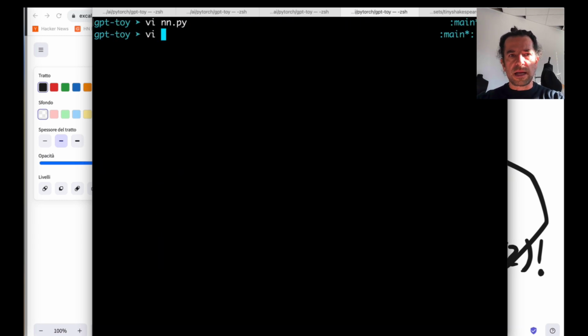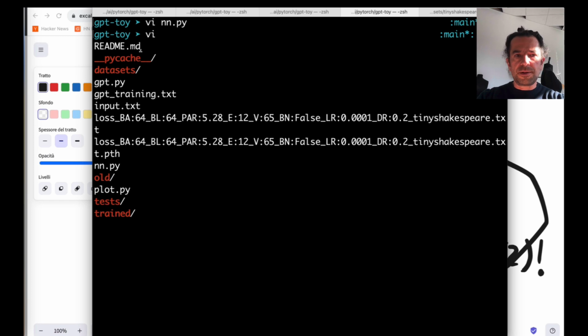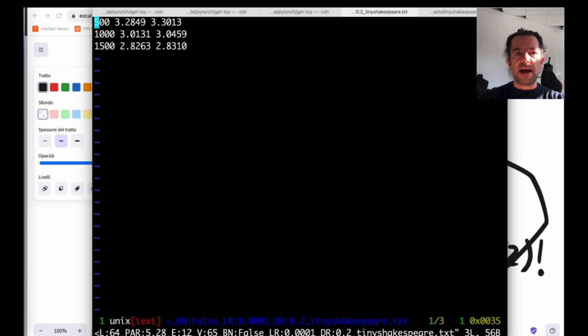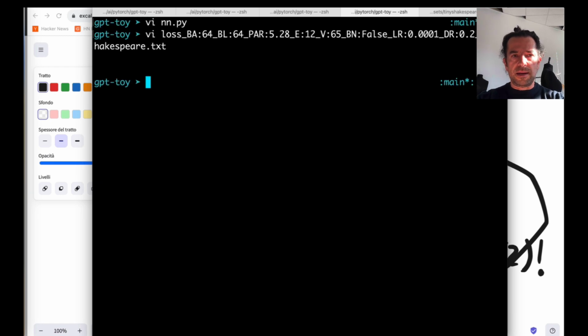Also, I keep a training log file where I have my iteration number, the loss in the training set, and the loss in the validation set, so I can monitor my neural network.